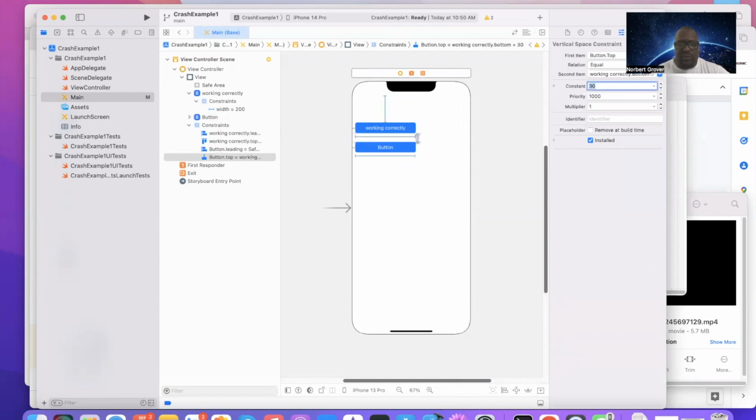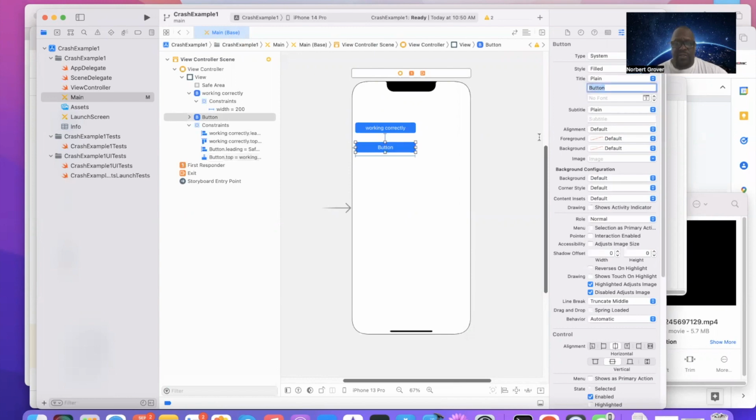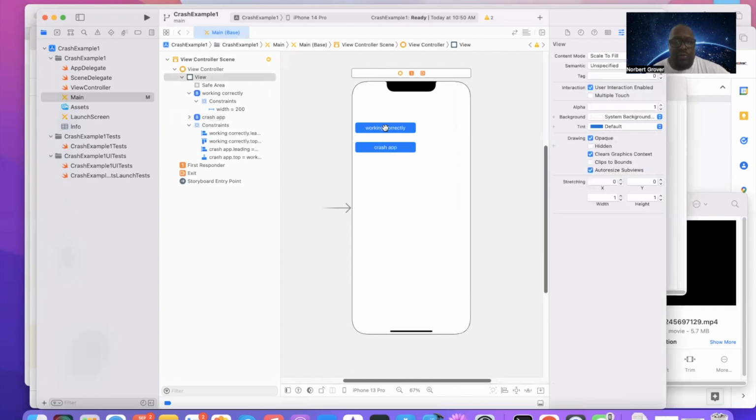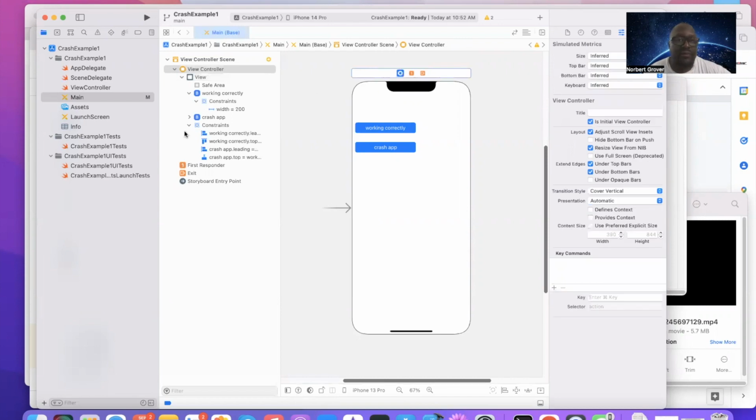This can be that one. And this button should say crash app. So this button will return a value, and this one will crash the app. Okay, so now that we have both of these, let's go ahead and create a